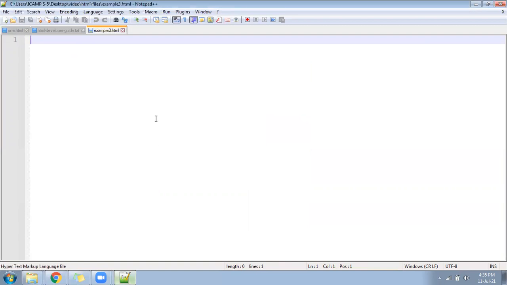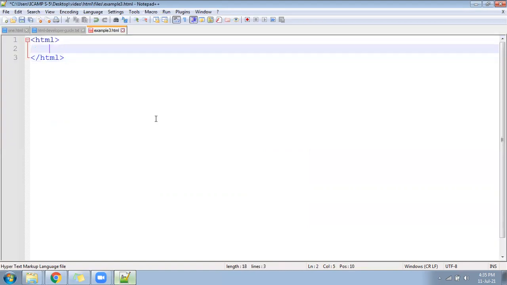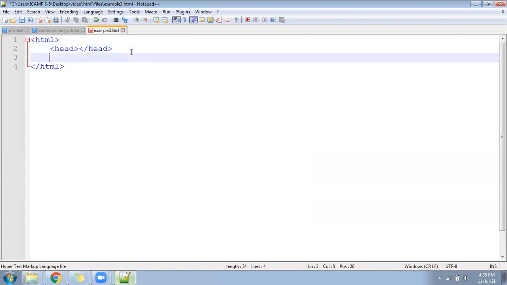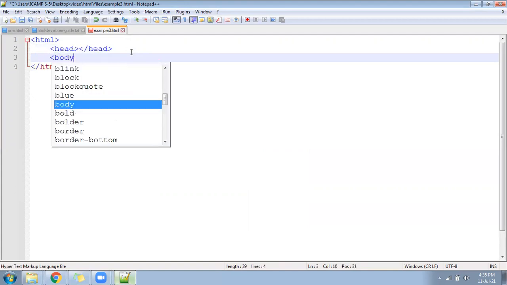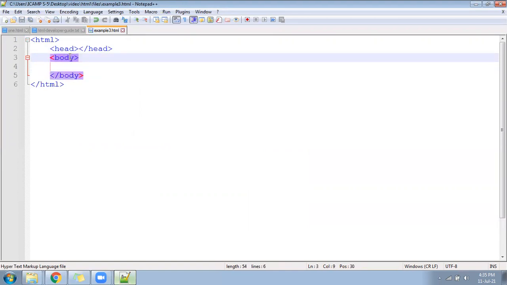Every HTML file starts with html and this will divide into two sections, head and body. So head we are not using as of now. We are going to use the body. Head we will start using from CSS. So we write here body. Now inside the body, we need to display some content. So the question is what to display, right?